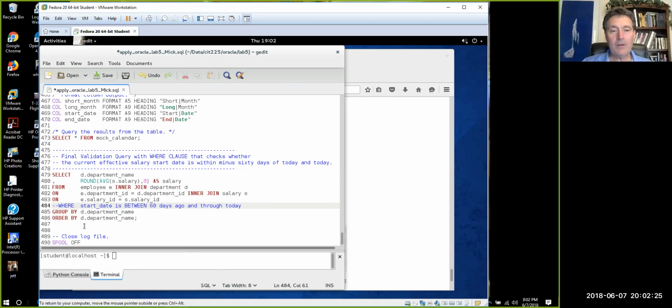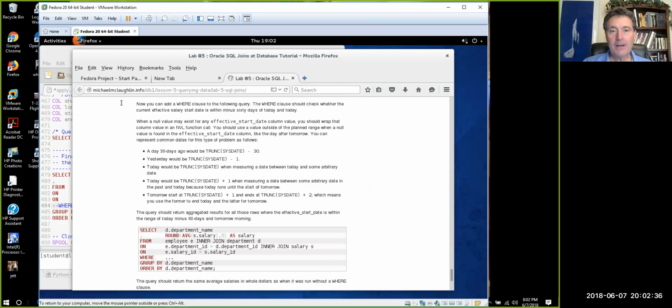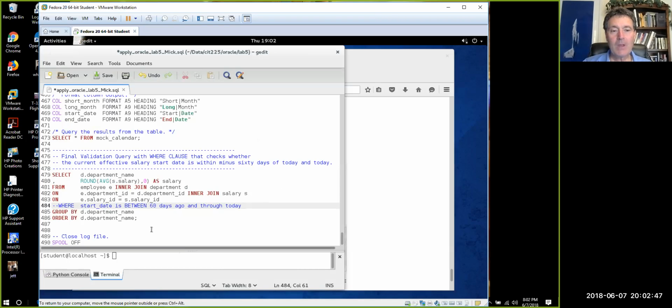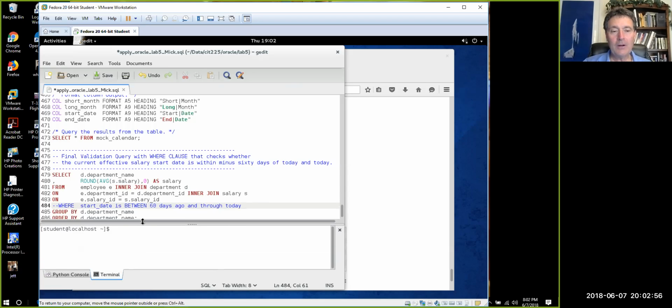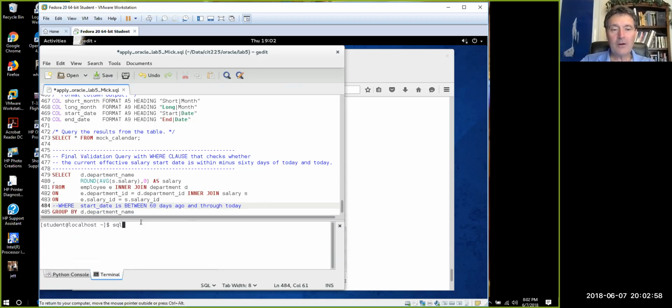So now let's see how we do this. Where start date. How do we represent the start date? We come back to our instructions, and the start date is the effective start date. And where is that? We can go to SQL Plus here. Let's just start up SQL Plus and do a describe,